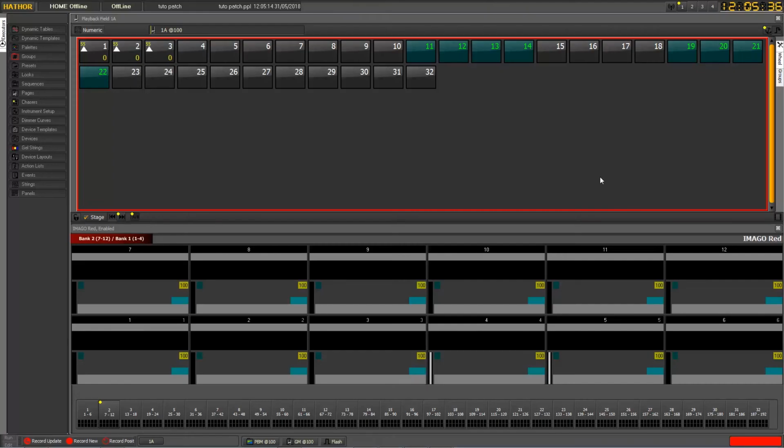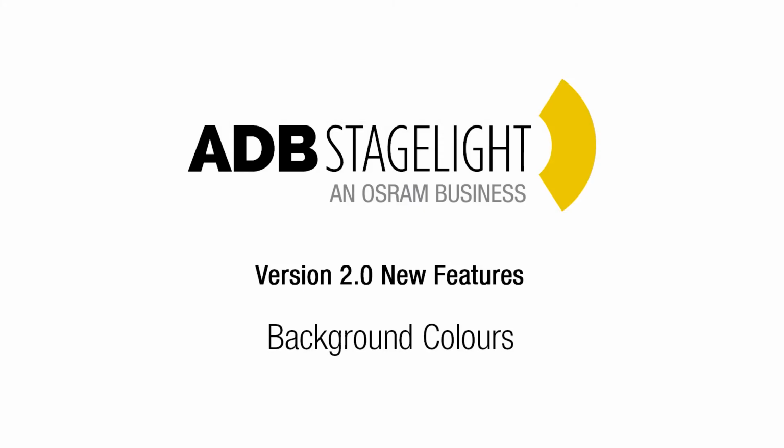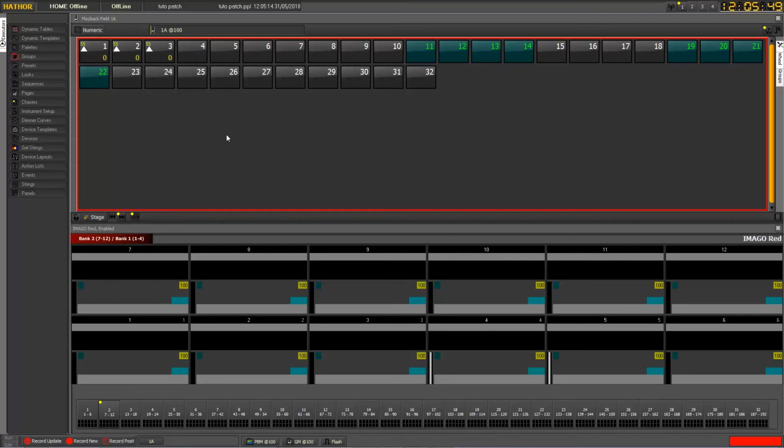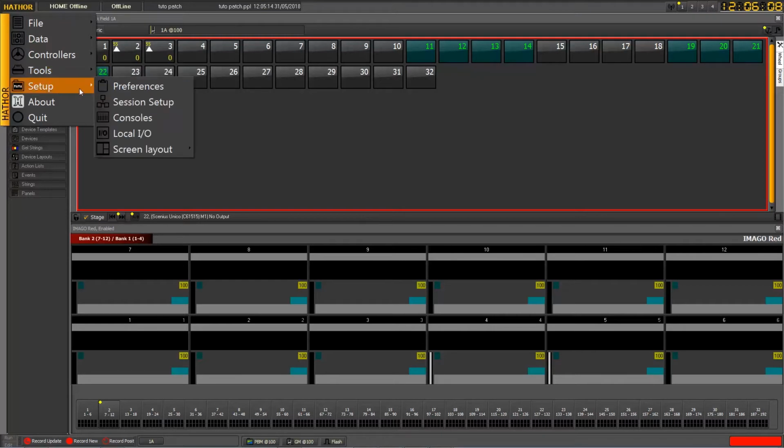Today we will see how to use the new features from version 2 about submasters and playbacks. So first of all, we'll see the first new feature, which lets you now choose the color of the background of your playback fields. So let's go into the setup reference,